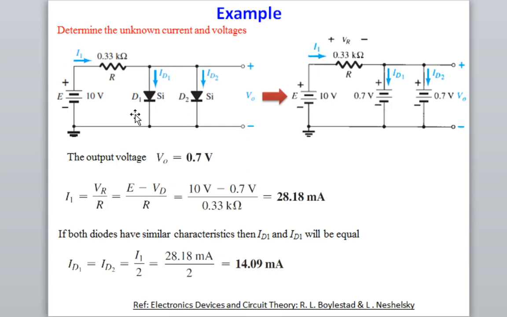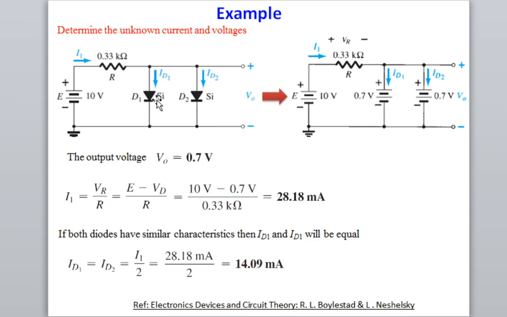If both diodes are in forward bias, and if you remember, this is silicon, so the knee voltage is 0.7 volt. This is also 0.7 volt. In a parallel combination of circuit, as you might have learned in your first semester circuit analysis, each component has the same voltage. So if this diode has 0.7 volt, this will also have 0.7 volt, because each behaves like a 0.7 volt battery. That is why I have replaced diode D1 with 0.7 volt, in this equivalent circuit.